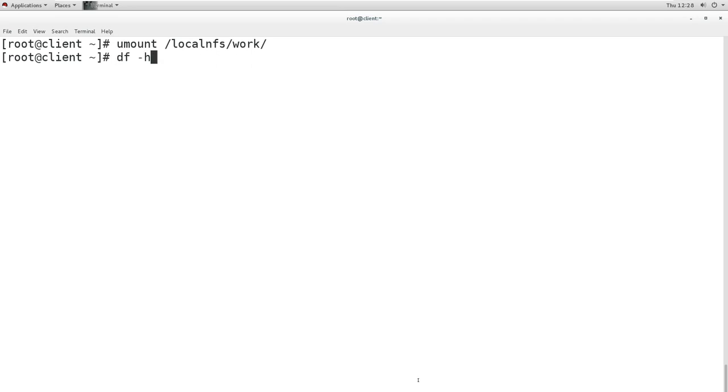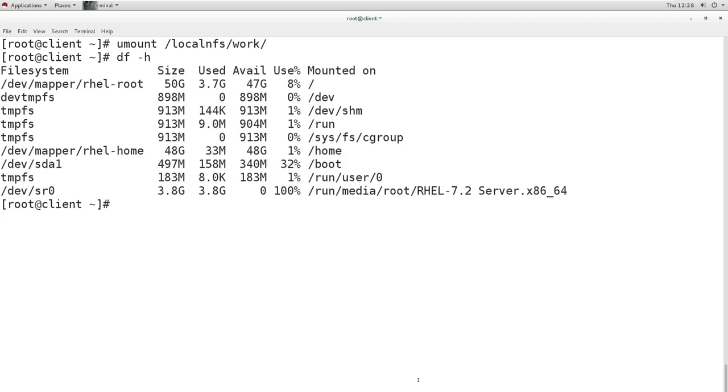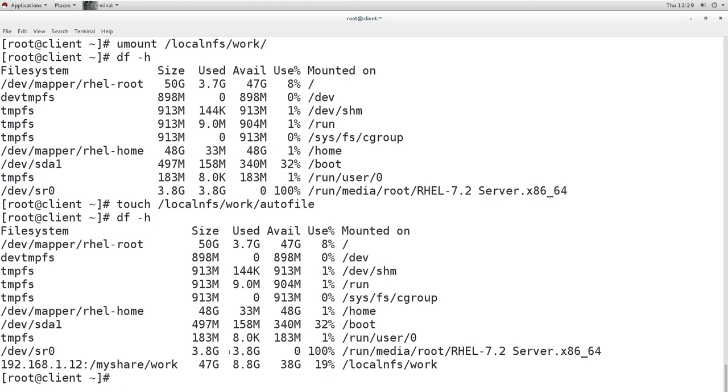Now it is not mounted, but if I want to create a file, let's say I want to touch a file in that directory, local NFS work, let's say auto file. Now what will it do? It will mount the directory and create the file, and when you check, you see it is mounted.